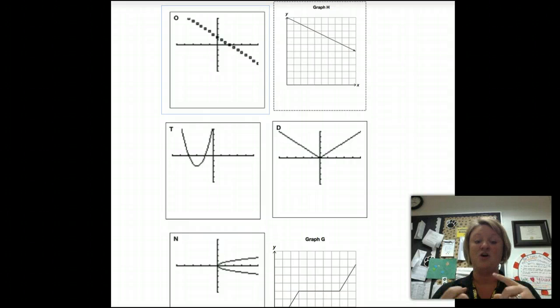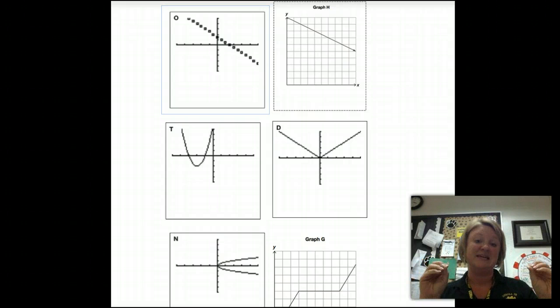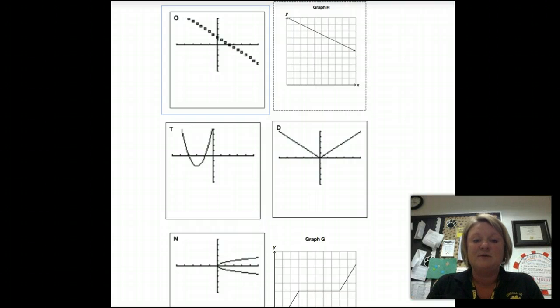Whereas rational numbers are fractions and decimals and integers. So rational numbers take everything in consideration. So even if it's 1.5, that would be a rational number. 1.5 may be something that you see on a continuous graph. So if you compare O to H, O is discrete, made up of isolated points, and H is a solid line. That is discrete. I'm sorry, that is continuous. Okay, back up there. This here is discrete, and this one is continuous.